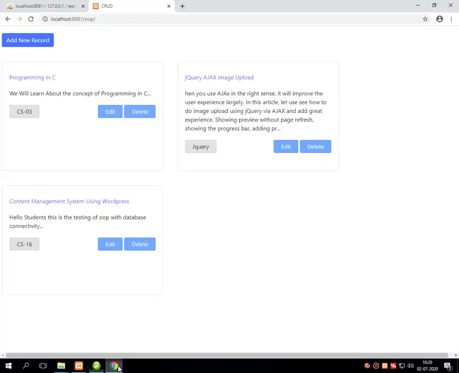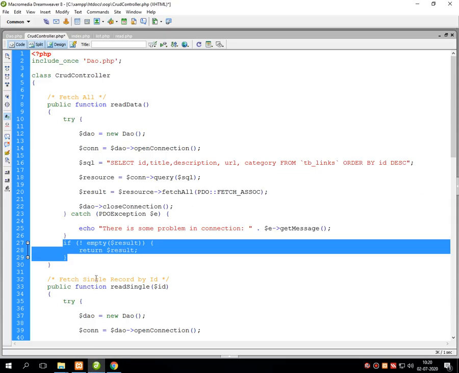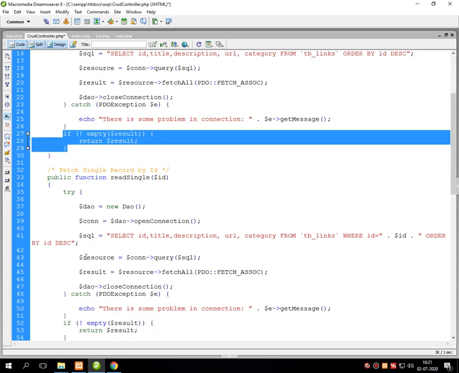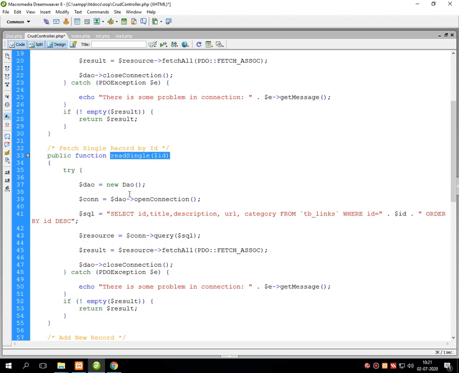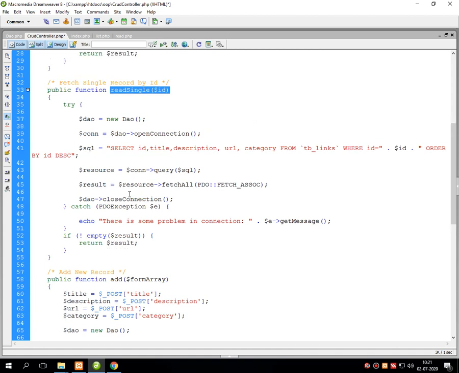Now students, in our database table, it might be possible that one or more records, that is multiple records, are available. So we need to implement such an activity that it might return a single record or multiple records. So for that, here I have implemented two separate functions which read the single ID and display the record, and read the ID and display the multiple records if any in the database table.